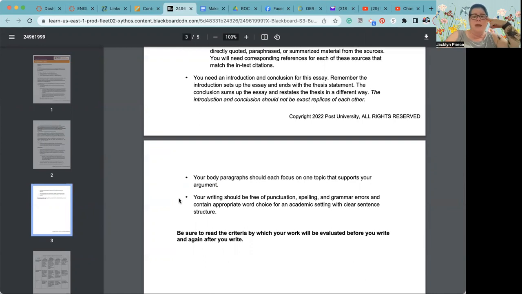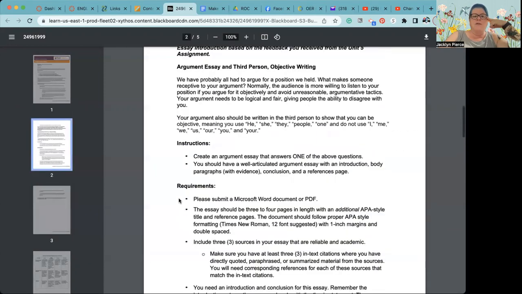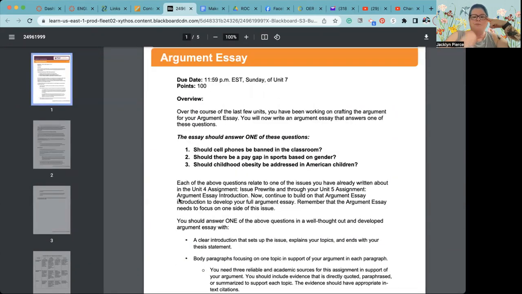You also can use one of your body paragraphs to talk about what good points the other side has. For example, if I'm talking about should there be a pay gap in sports based on gender, and I'm going to argue no, there shouldn't be, it's not fair,